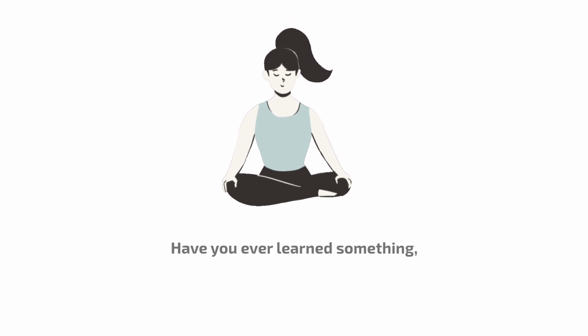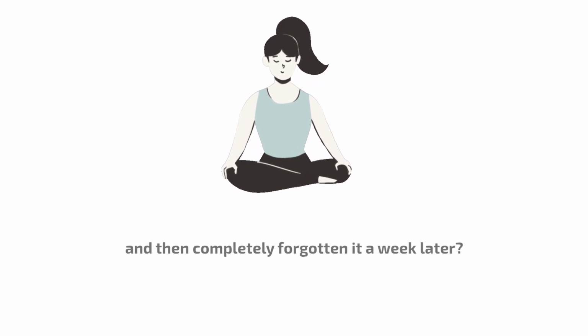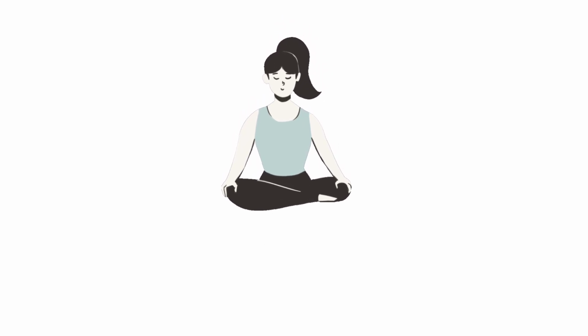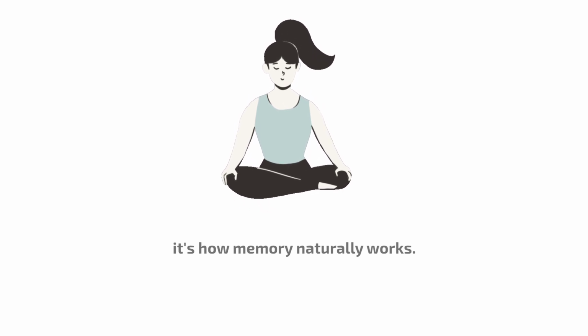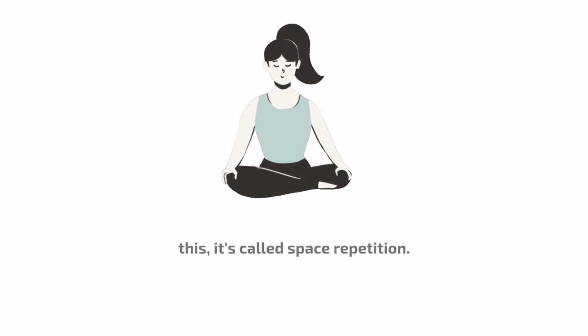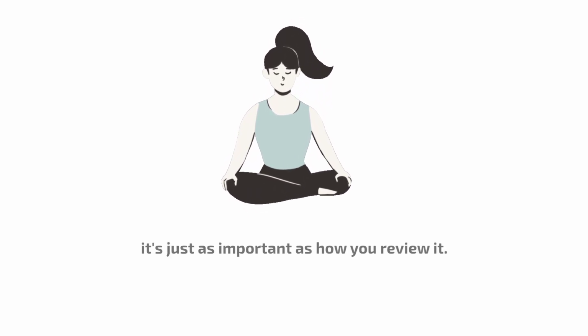Have you ever learned something, remembered it perfectly the next day, and then completely forgotten it a week later? That's not a flaw in your brain, it's how memory naturally works. But there is a simple science-backed way to fight this. It's called spaced repetition. Spaced repetition is the idea that when you review something is just as important as how